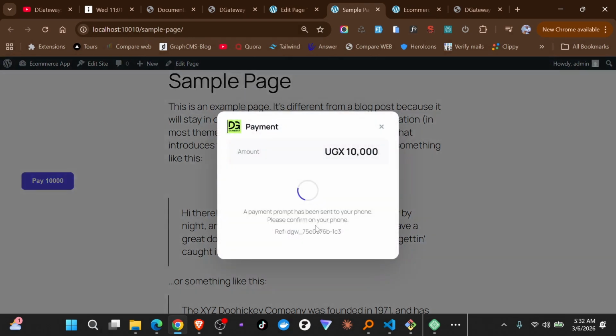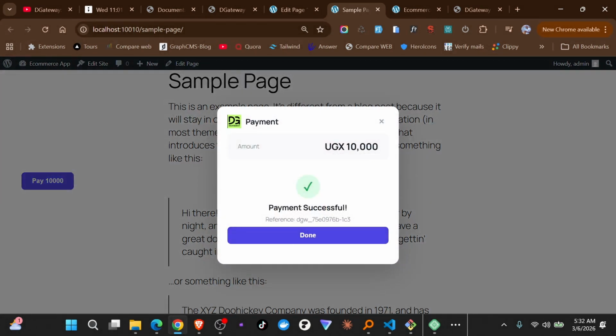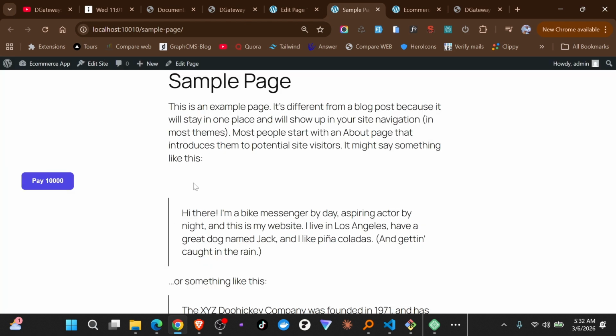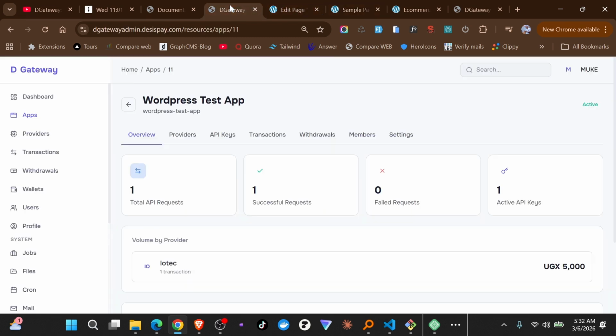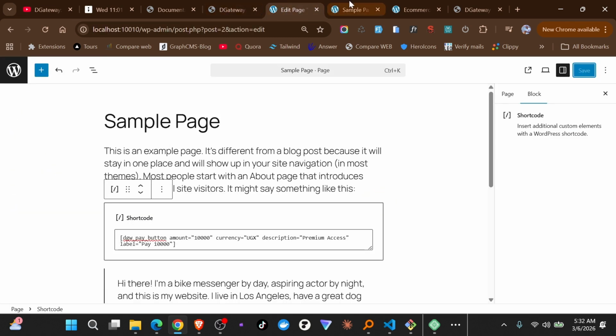initiating, and then it accepts. So a prompt has been sent, and now you have the payment success. Click done. That's it. So when you go back, now that the payment has been made,